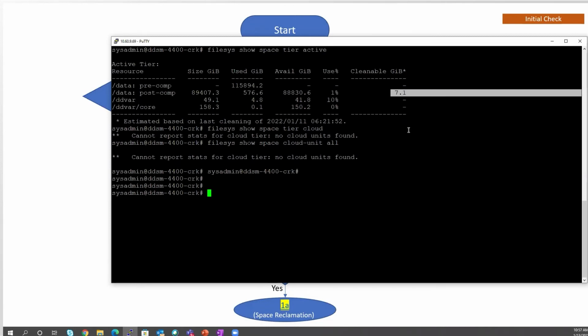And these post-comp sizes, please note, are not the real-time size of those expired backups. It is the size that was recorded on Data Domain when that file was first ingested. During the course of the file, there might be dedupes that have been removed or expired, or the original bytes that have been expired. So the post-comp or real-time utilization of that same file wouldn't be the same as it was at the time of ingest. And that is the reason the cleanable size is always an approximate value.